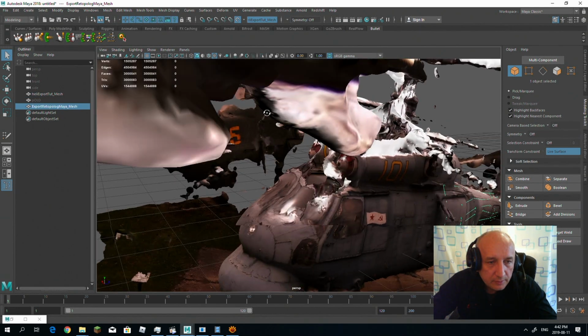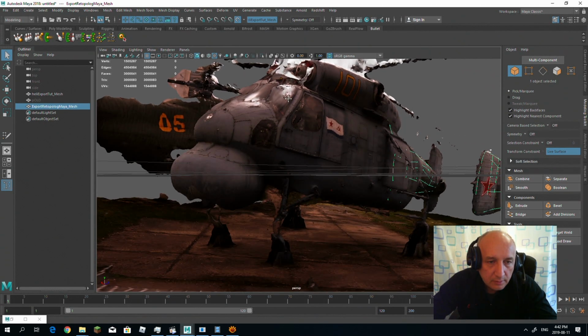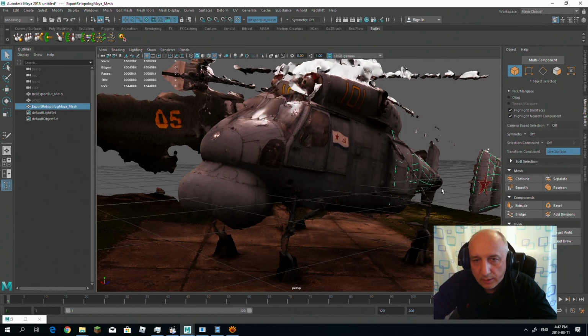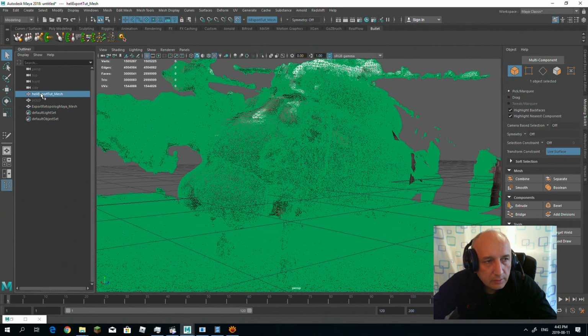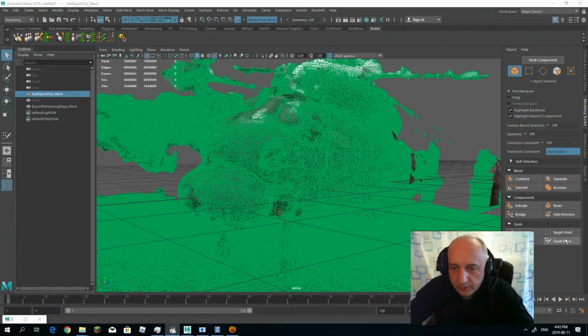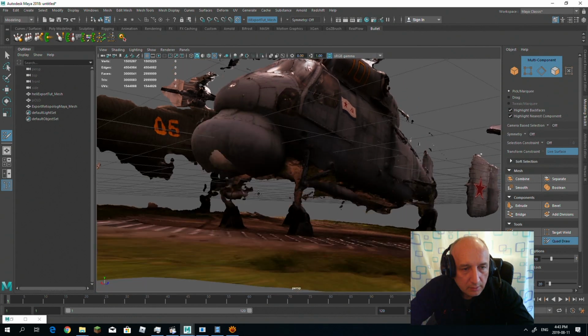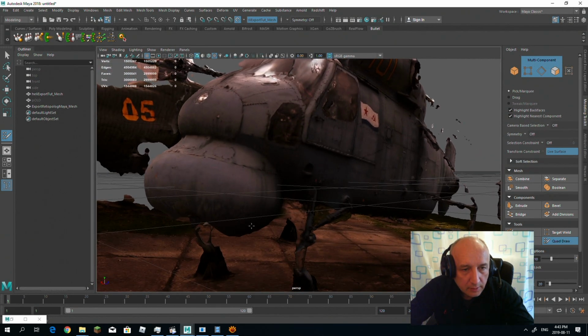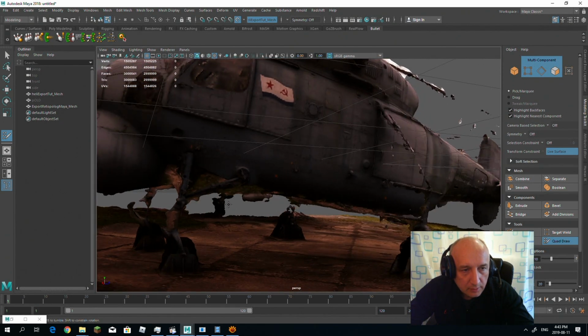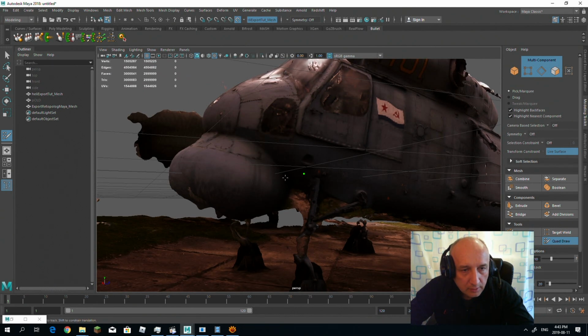Yeah, for example, if I could make the nose, it's still alive. Yeah, seems alive. So if I select Quadro, and what if I try to do this one,